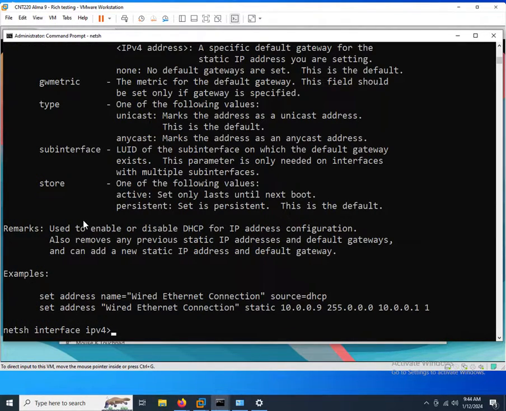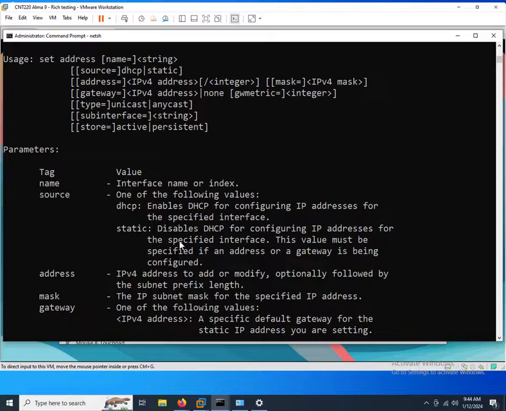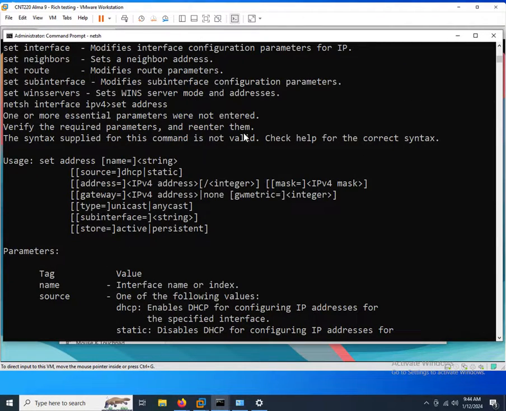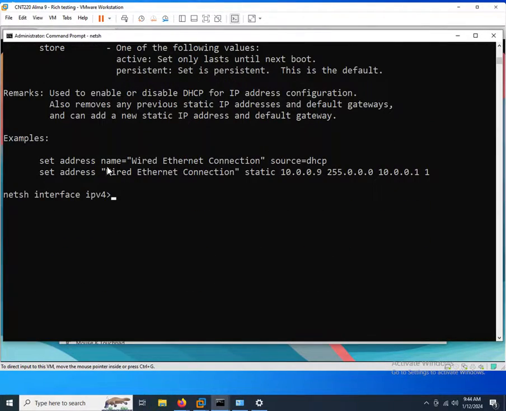So I just hit set address and typed enter because that's what I was doing before, typing the words and typing enter. And what it did in that case is it was like, hey, you didn't tell me what I needed to know. So the cool thing about this is down here at the bottom, it gives you some example commands. So we're going to kind of combine these two example commands